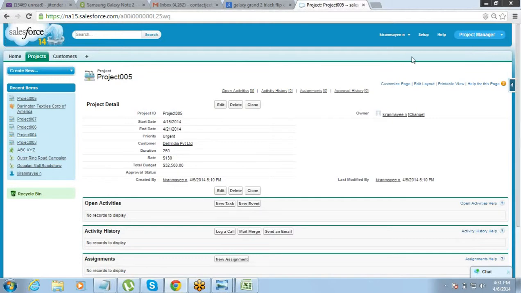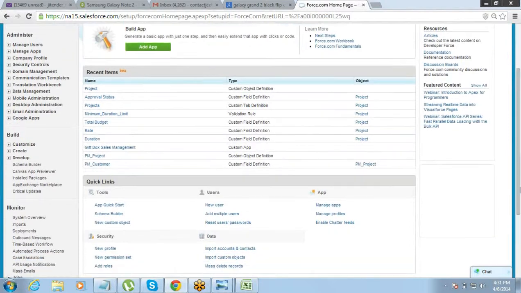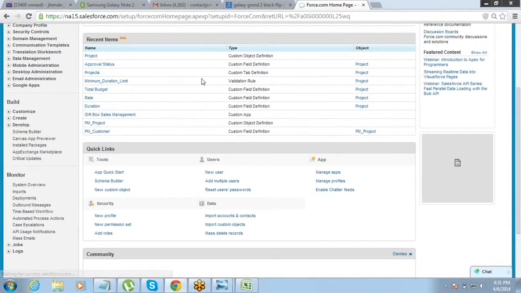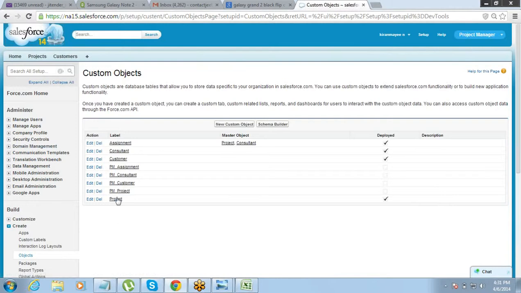How do we do that? It's very simple. Go to setup. Go to create, go to that particular object. We are talking about project object, so we'll just go to project object there.